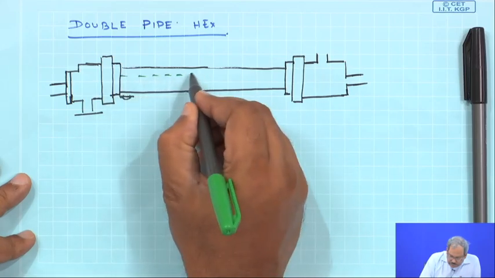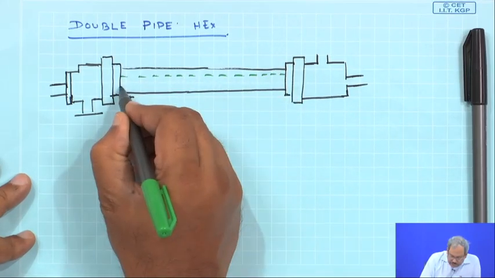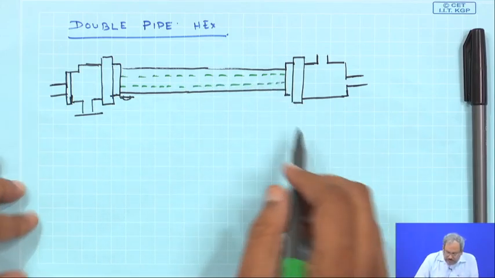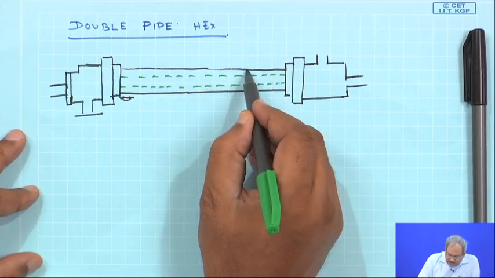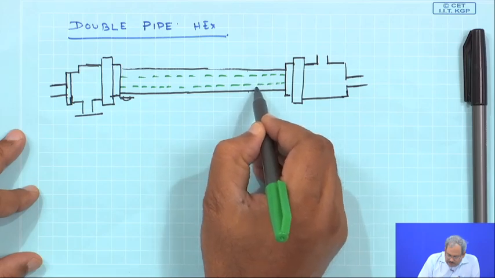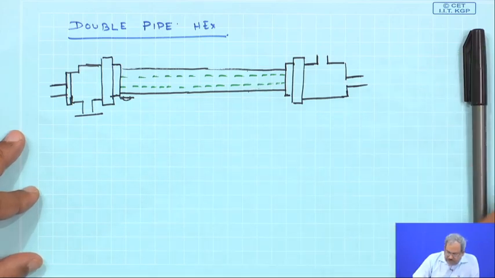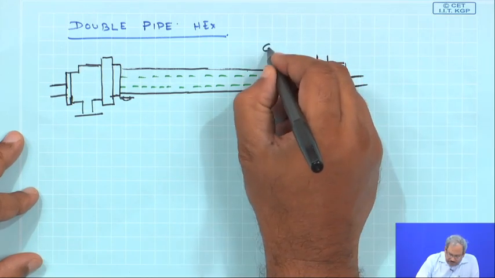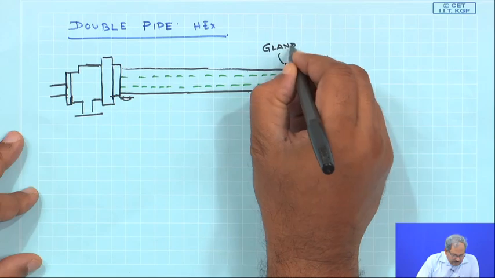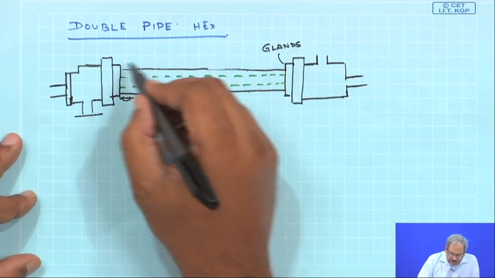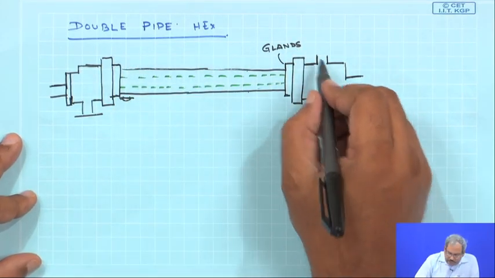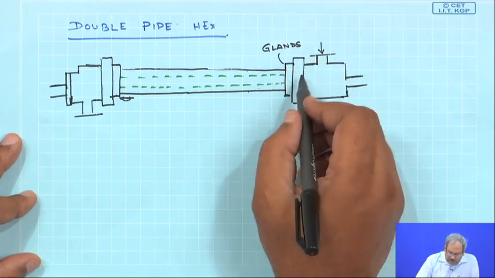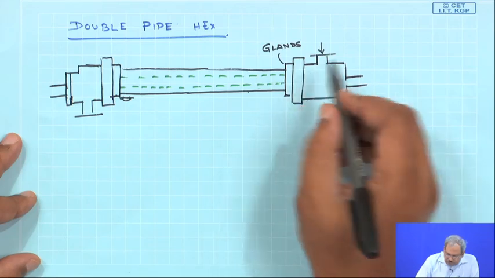So, this is what a double pipe heat exchanger would look like. The one that you see in the green is the inside tube, this is the outside tube, and this is the inner area through which the liquid flows. The double pipes are connected to the base by glands. This is one gland, this is another gland, and you have a T junction here, which is where the fluid is going to come, which is going to flow through the